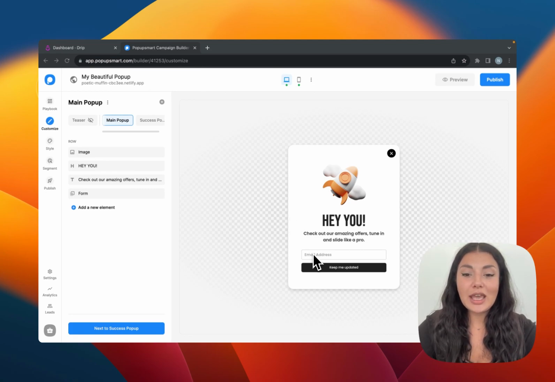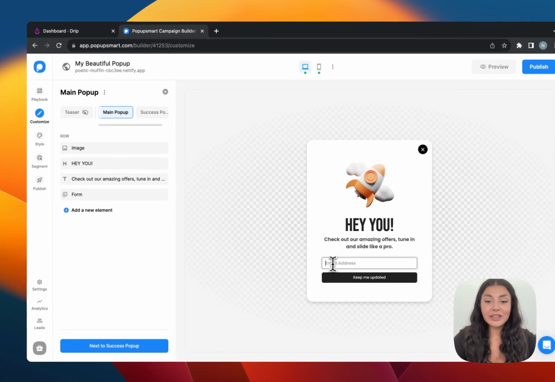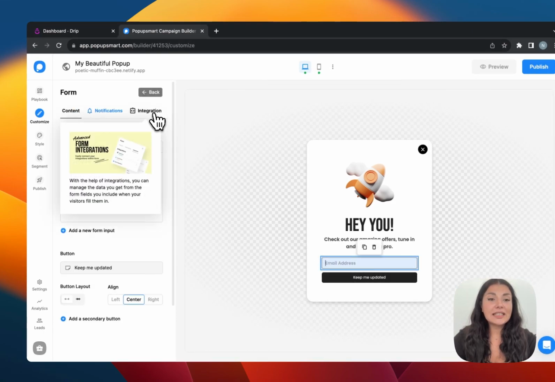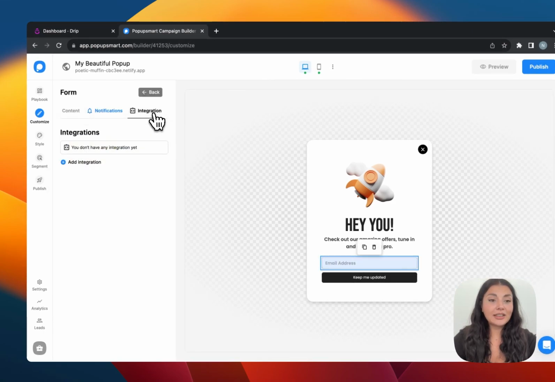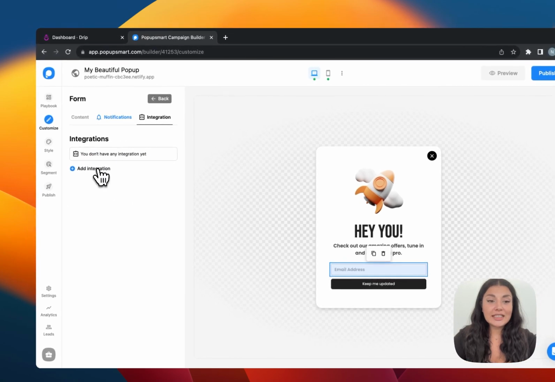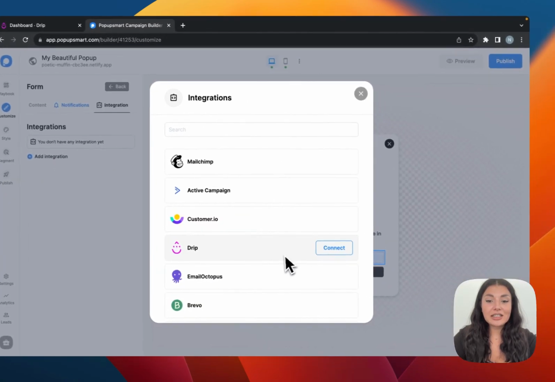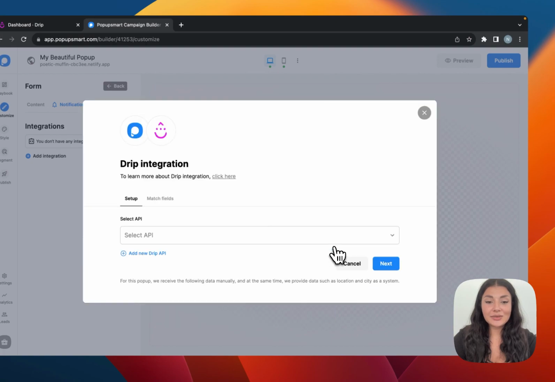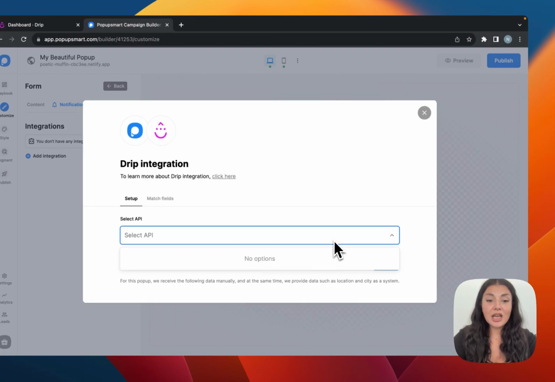And as you can see, we have the email form element right here. When I click on it, I see the integration part on the left-hand panel, and then I will continue with add integration. Here you can see Drip. Let's click connect. Here you can select an API, but if it's your first time integrating, you can just go